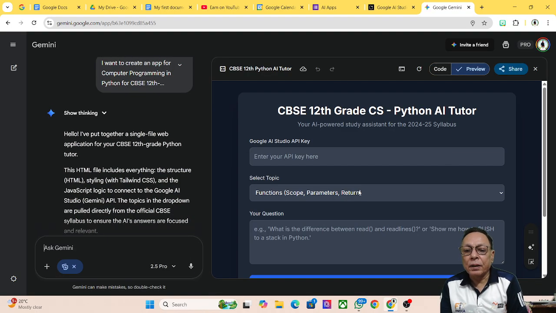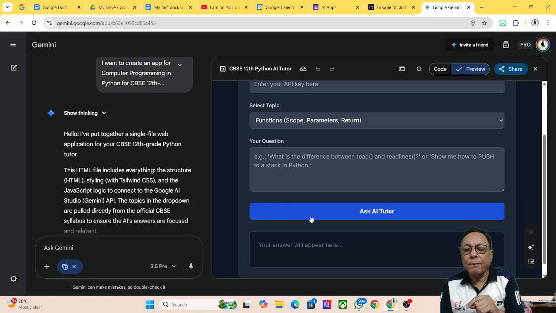So, see here. Here you see CBSE 12th grade CS Python AI tutor, Google AI Studio API. Here in this box, I'll have to paste the API key which I'll take from Google AI Studio, and then here I'll write the question, then I'll ask AI to create the program or whatever we want to have from this app. All right, now